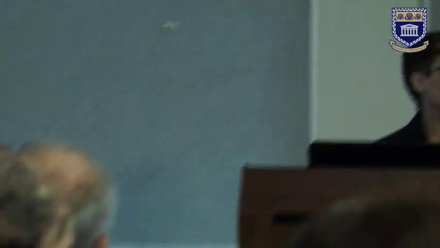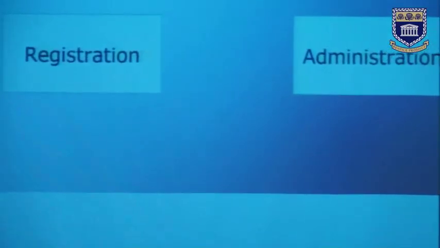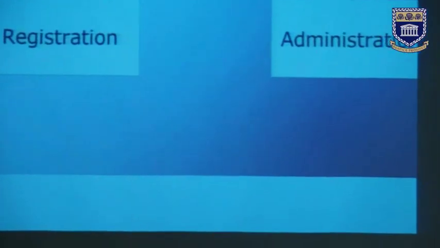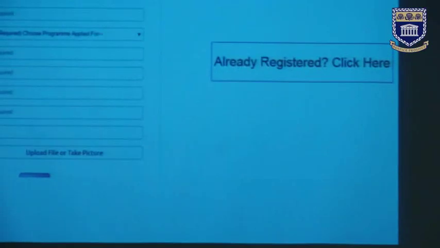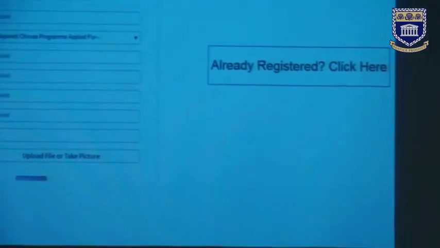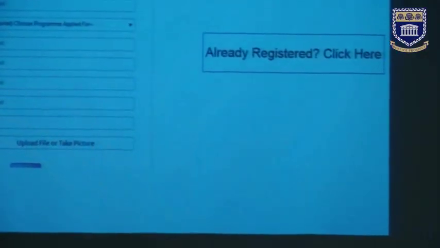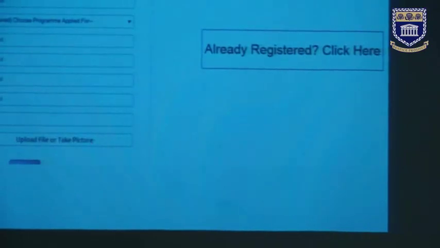So this is what they've come up with. It's presumed that the applicant has done an online application, because that's the number they use. They click on the registration button and fill in a very simple form. They put in the application number and choose the program they are applying for, from a management development program right through to honors degree.